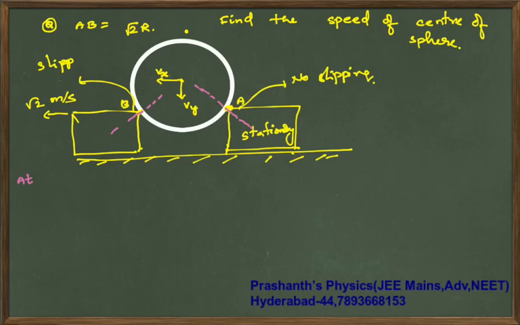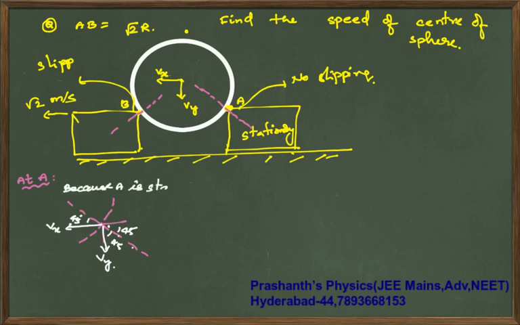At A, the common normal is this way at the surface. This is going to be your common normal. Now your Vx component is this way, Vy component is this way. For the wedge your velocity is 0. So this angle is 45, 45, 45. Because A is stationary, because it is fixed, obviously your velocity component along this direction should be 0.